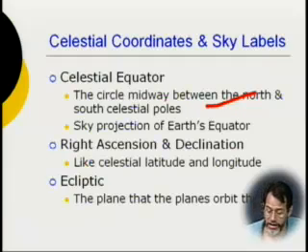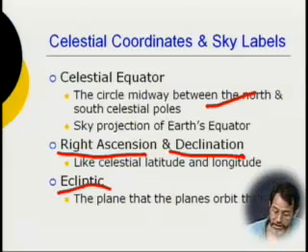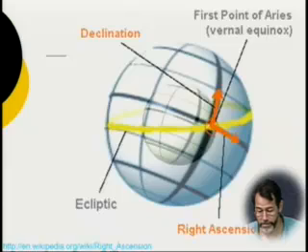So the equivalent of latitude is declination, and the equivalent of longitude is right ascension. And there is a zero point that people use, just like the international dateline for Earth. The ecliptic is where most of the planets in our solar system orbit in roughly the same plane. And so you can identify that plane on the sky, and that is called the ecliptic, and we'll see some images of that later in this course.